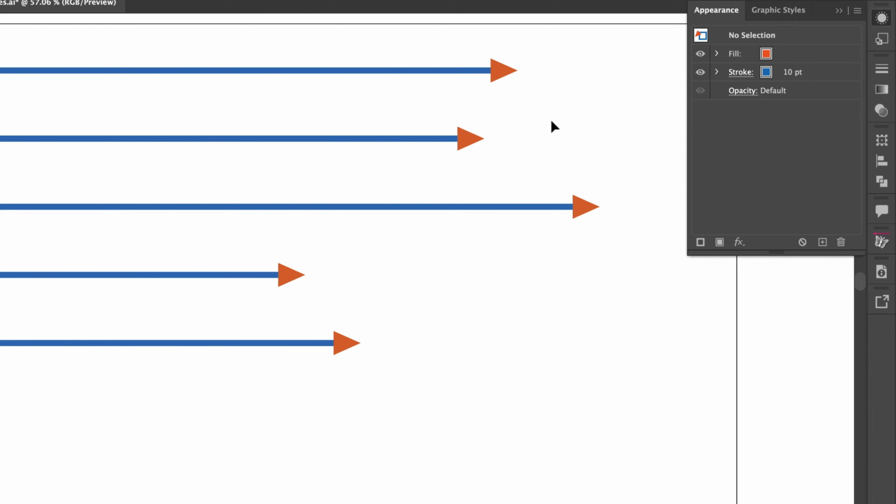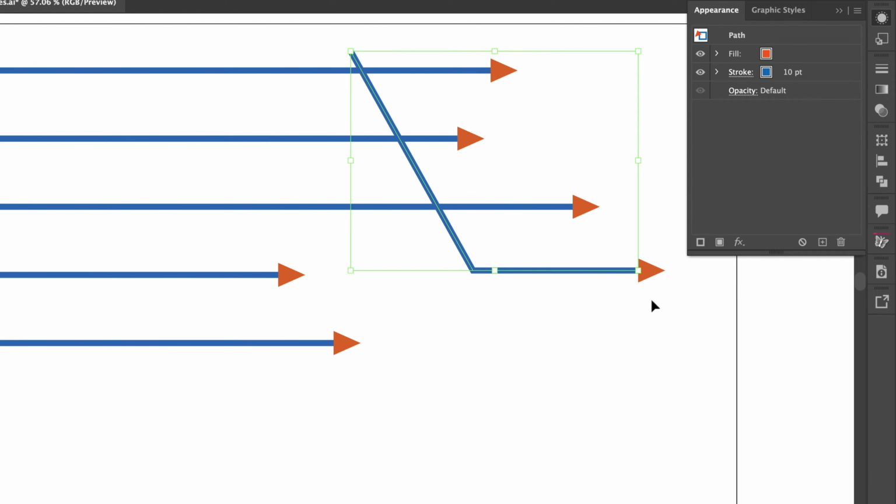And then what we have here is a very simple annotation line style. It started out as a straight path created with the Line Segment tool, and it has a blue stroke and a red arrowhead. And this is something that you can't do natively in Illustrator. Once you have an effect set up like this, you can draw with the same style using the Pen tool, or you can apply this look to existing paths by saving this as a graphic style.